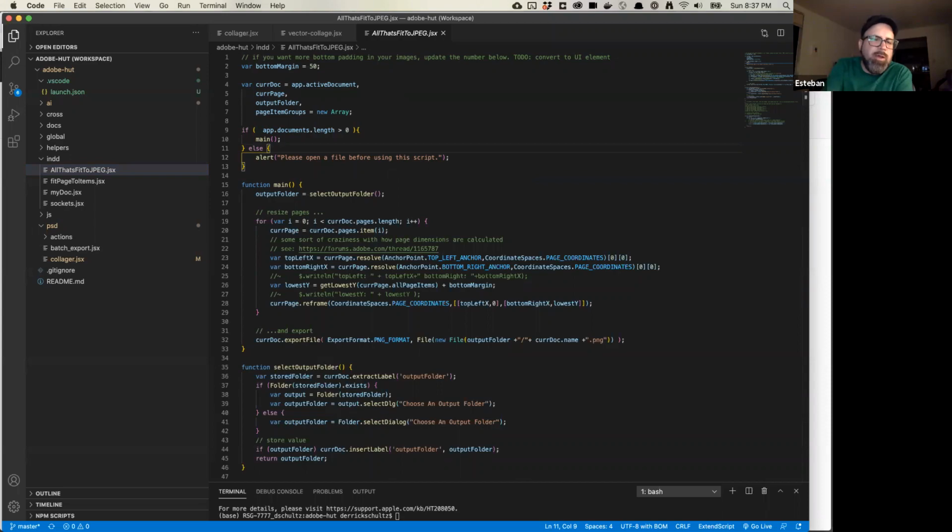Well, when can we start playing with the scripts? All the links are in the deck, and the stuff's already uploaded, so it's already up on GitHub. If you just go to dbschultz/Adobe Hut, all this stuff already exists up here. So you could start playing with it now if you wanted to. And all the slides, I believe, are already linked in our files. The slides are already up on the class site. The video will go up in the next hour or two. So you can go ahead and dig around and start playing with it now.